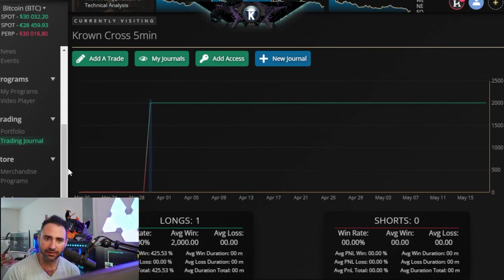Now, theoretically, it shouldn't make that much of a difference. But if you do want to be as accurate as possible, then yes, trades that you would not take while you're sleeping, assuming that you don't have some sort of an algo or bot to trade for you that could take those trades, or they could maybe be automated in some way, then of course that's not going to be relevant. So you could throw that out, and technically speaking, it would be more specific. And specificity is the most important thing when it comes to backtesting a strategy.